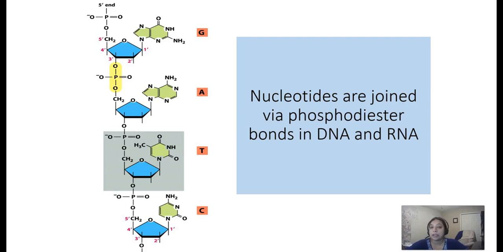So the nucleotides are joined with phosphodiester bonds in both DNA and RNA. So you have your phosphate group that is binding to the sugar molecule at the 3' end of one to the 5' end of the other. And this is just an example of how that would happen, leaving the bases free internally to interact